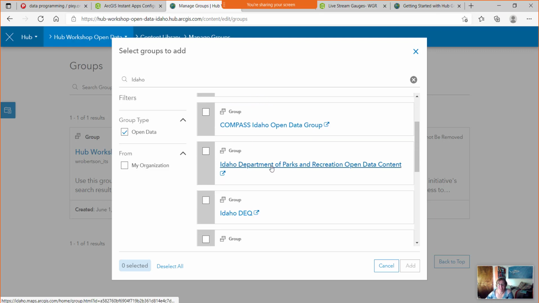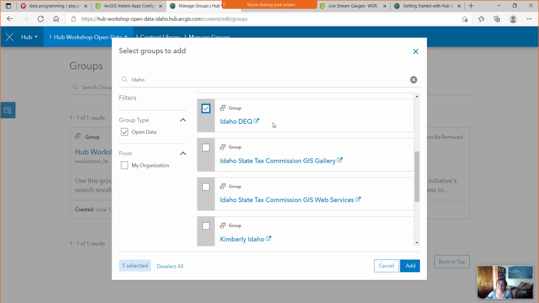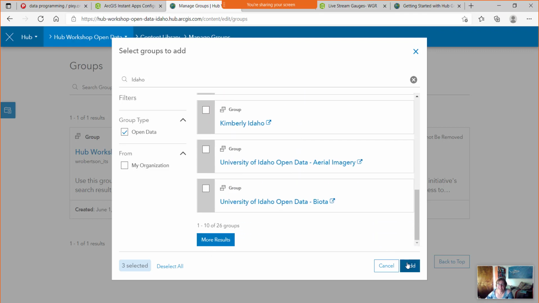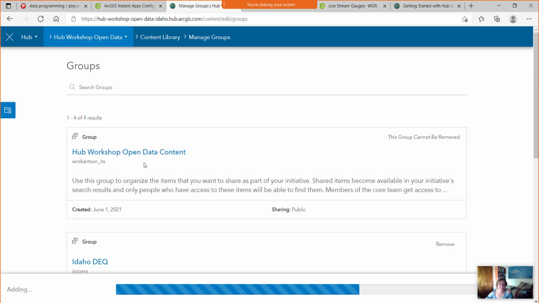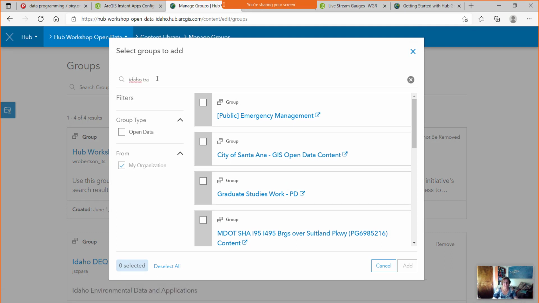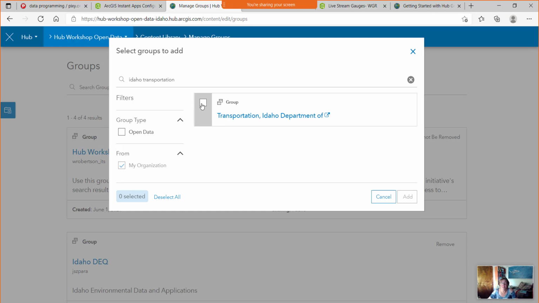I mean, the Idaho Department of Parks and Rec is actually an open data site on our site. DEQ has an open data site. The Tax Commission has some open data enabled folders. Let me see, I think transportation has one. Let me just add those in here first. Okay, and I bet if I type in Idaho transportation, the one that ITD manages pops up, so let's add